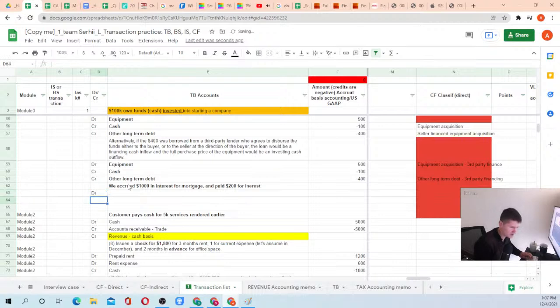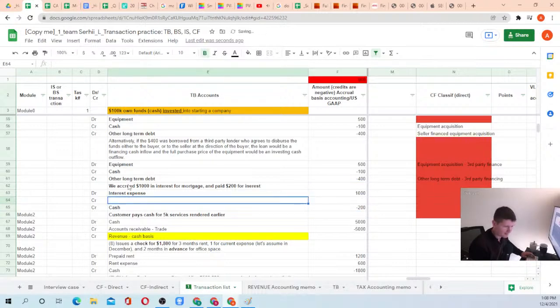So the debit would be interest expense, credit cash. So interest expense 1,000, credit cash 200, and everything else will be accrued interest,